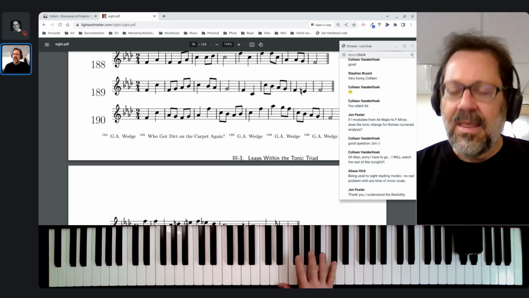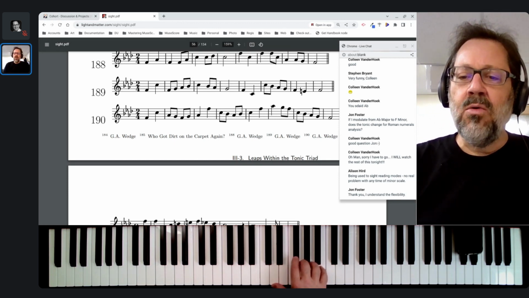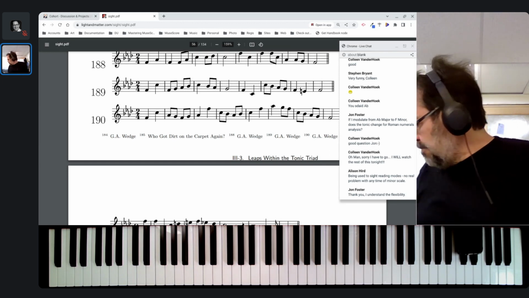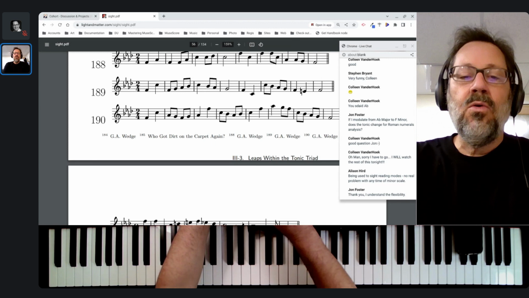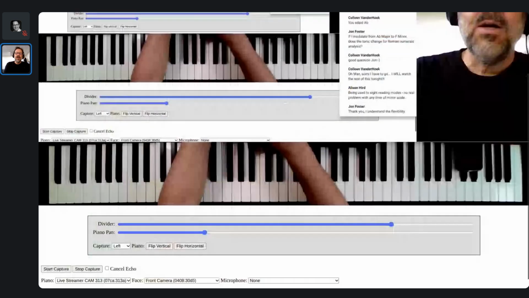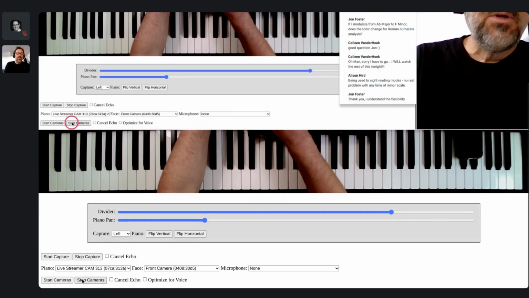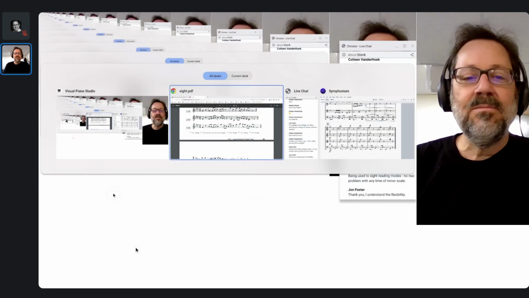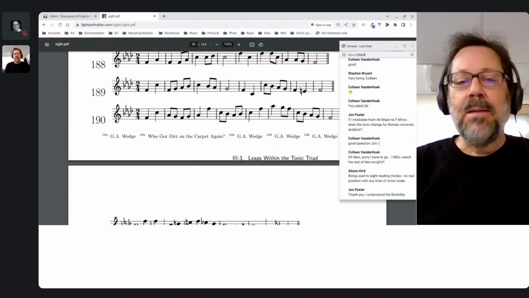Nope, not quite that. I'm going to try to play it again. This time I'm not going to try to do it on the recorder. I'll do it on the piano, but we are going to not look at my hands, so the easiest way I can do that is change my screen share and stop that camera. There we go. Now you can't see my hands. All right.